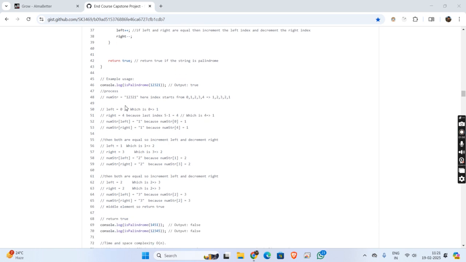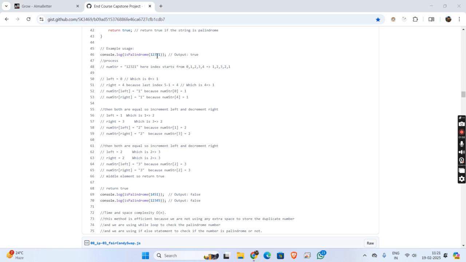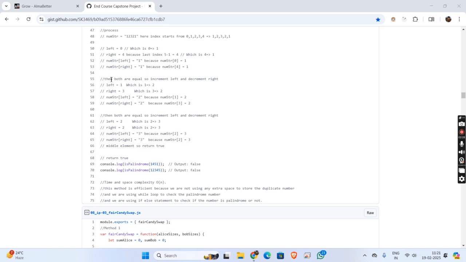Let's see how it works. We have the number 12321. We convert it to a string, 12321. The indexes 0, 1, 2, 3, 4 hold 1, 2, 3, 2, 1. With left 0 and right 4, both characters are 1, so they are equal for the first and last index.